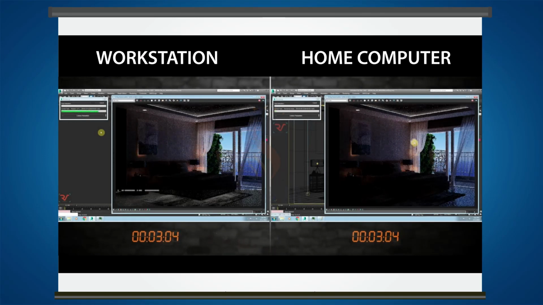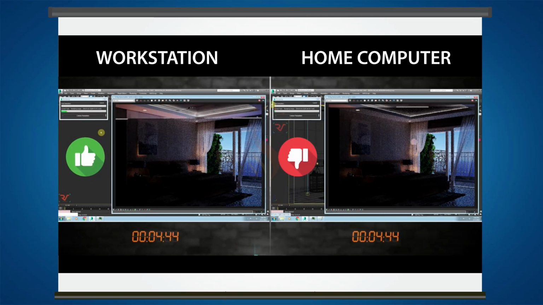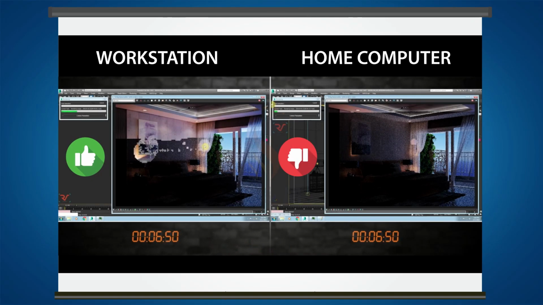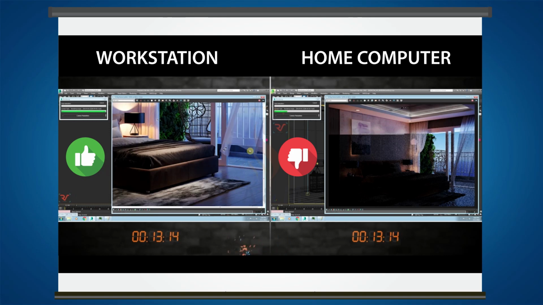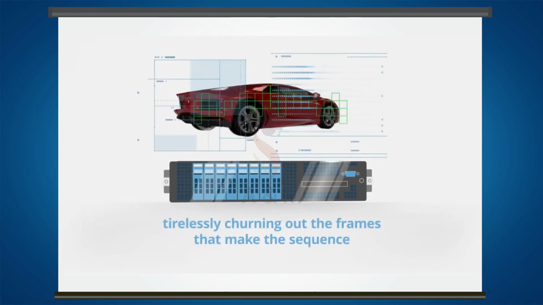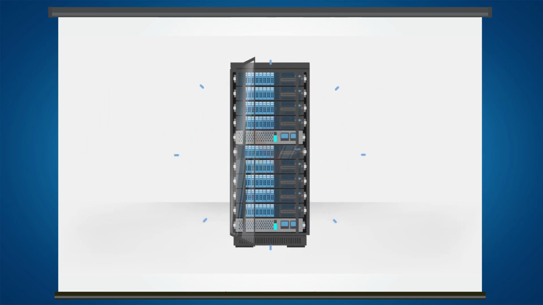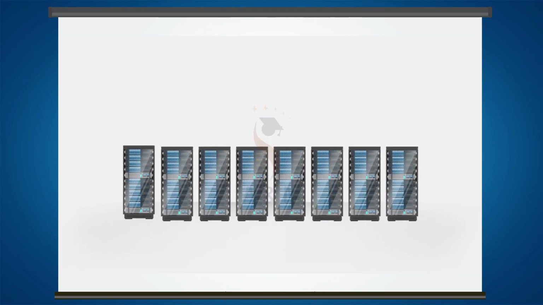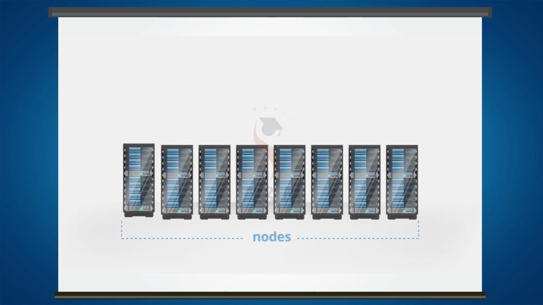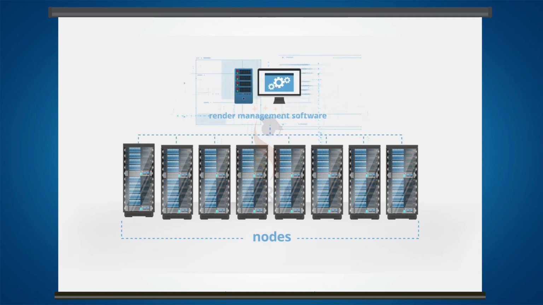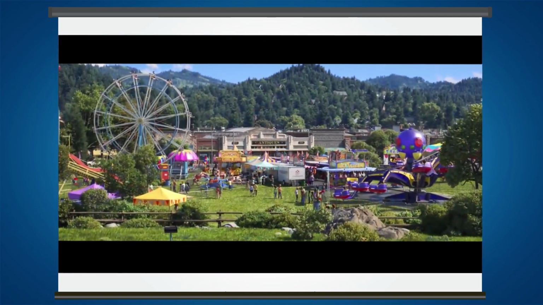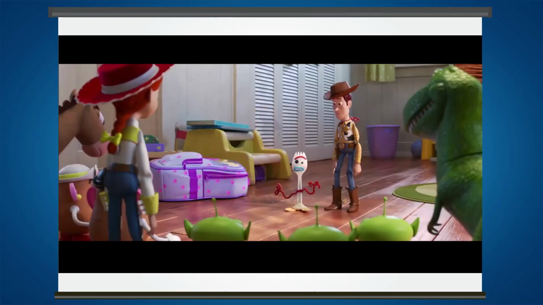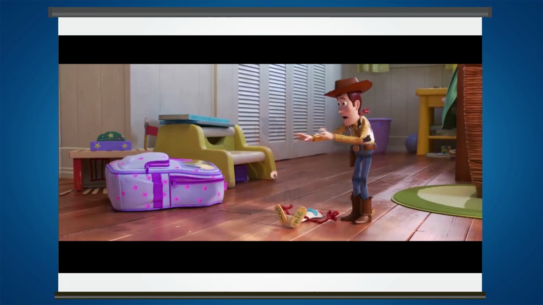Graphics workstation computers use 2 to 4 processors and they are a lot more powerful than an actual home computer and are specialized for rendering. A large number of workstations known as a render farm are networked together to effectively act as a giant computer. The result is a computer animated movie that can be completed in about 1 to 5 years.